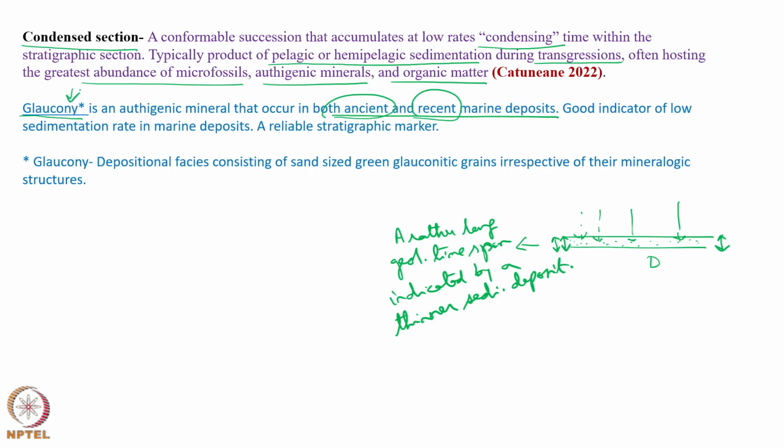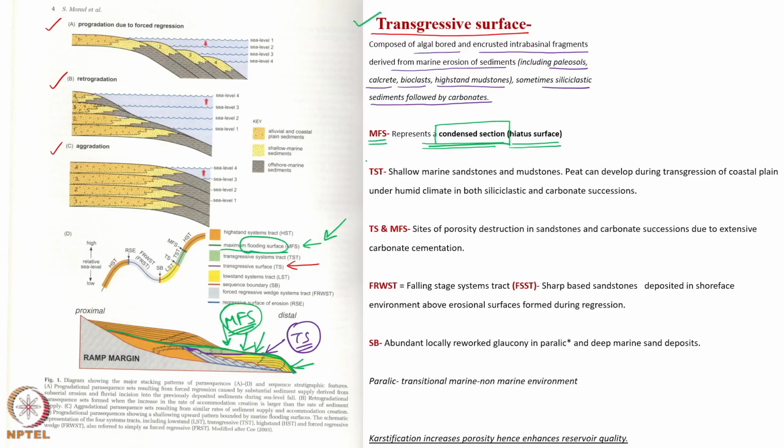Glaucony is found at that spot. It is a good indicator of low sedimentation rate in marine deposition and it is a reliable stratigraphic marker. Further, to explain about glaucony, it is a depositional facies consisting of sand sized green glauconitic grains which is green mica. So, we have defined the transgressive surface